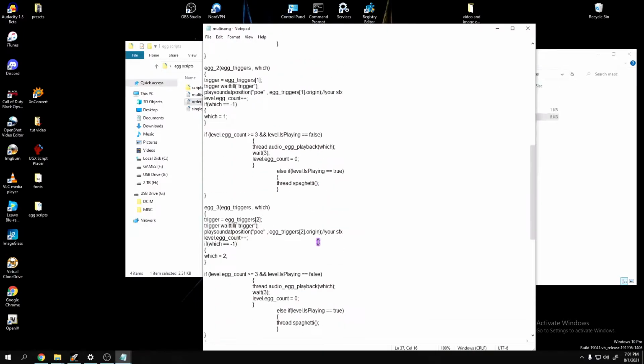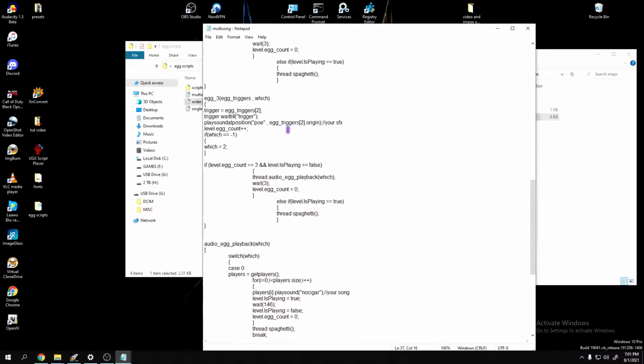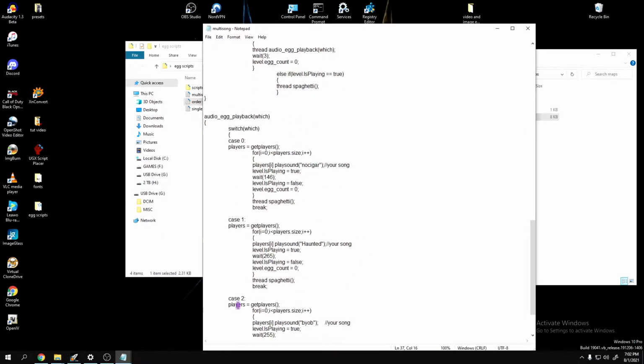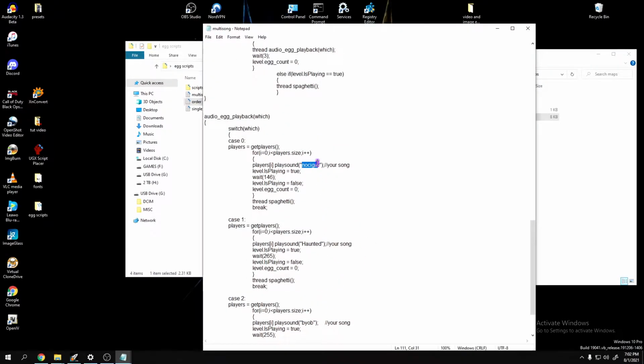Then down here for the multi-song egg, this is based on which trigger you hit last. So if you hit them, you know, 1, 2, 3, then it's going to play, which is going to equal 2. So then it's going to come down here and do case 2. So just make sure, once again, you change the name of your song to the song that you converted and